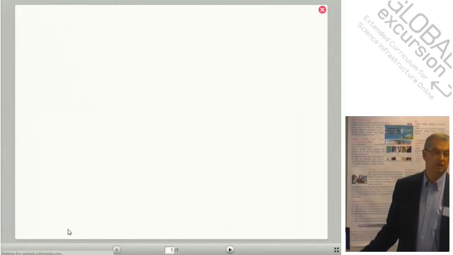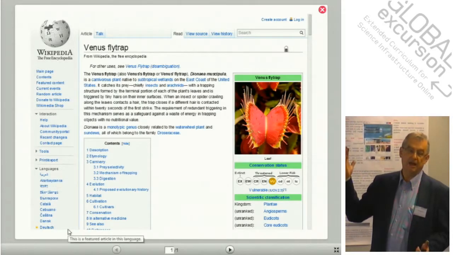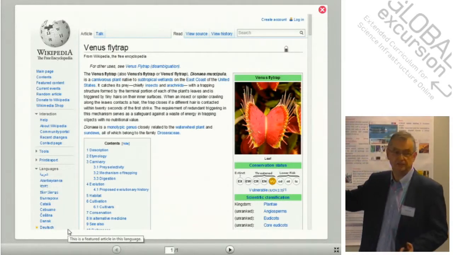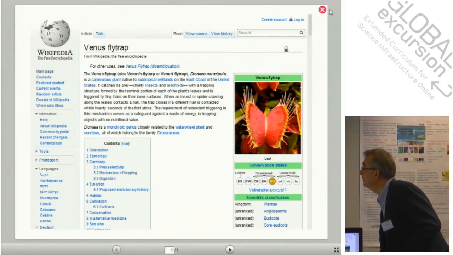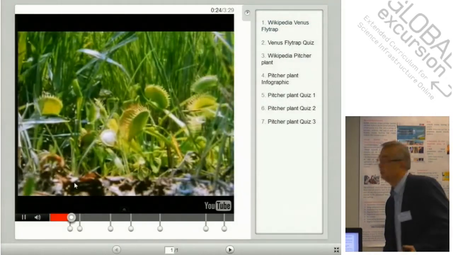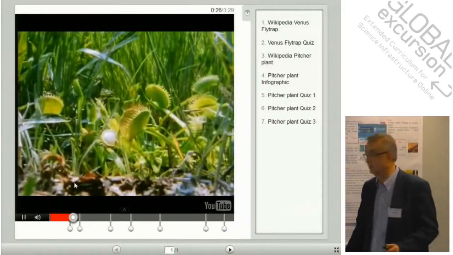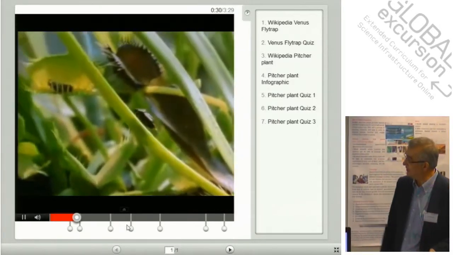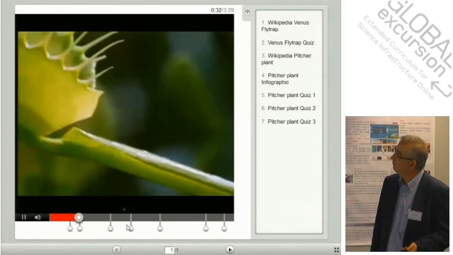a component of the virtual excursion pops up automatically in the video. This is just informational. You can insert quizzes, flashcards, whatever, virtual tours. Then the video continues. When we come to the next point, something else will pop up,